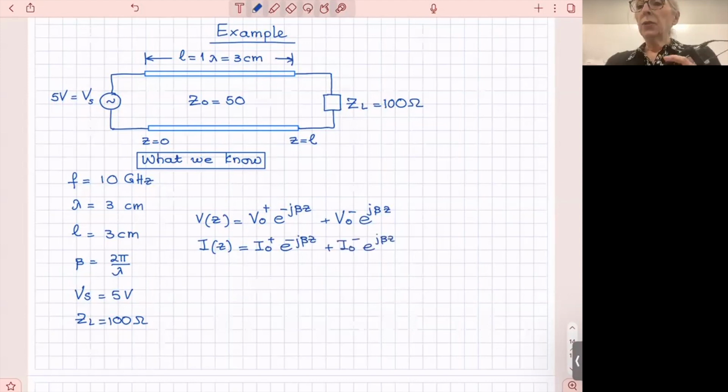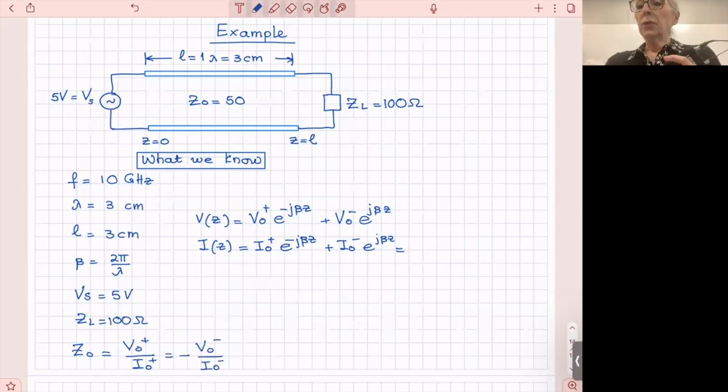However, because I have related V naught plus and I naught plus, and V naught minus and I naught minus with Z naught, where Z naught equals V naught plus over I naught plus equals minus V naught minus over I naught minus,